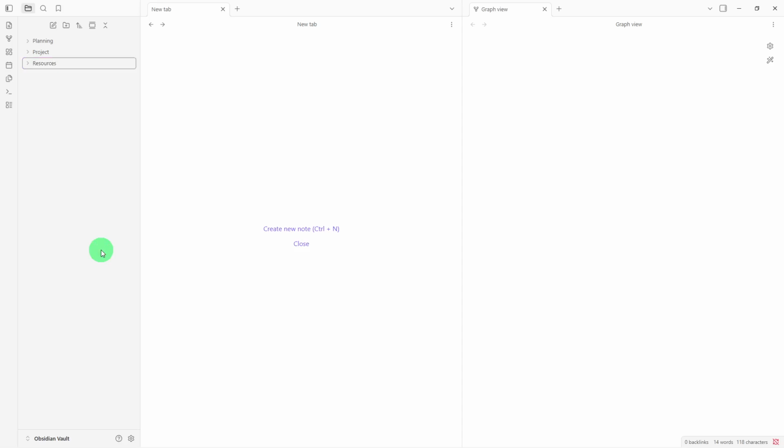The Planning folder will hold your business strategy, goals, and high-level plans. The Projects folder is for active initiatives and product development work, and the Resources folder will store your research, documents,